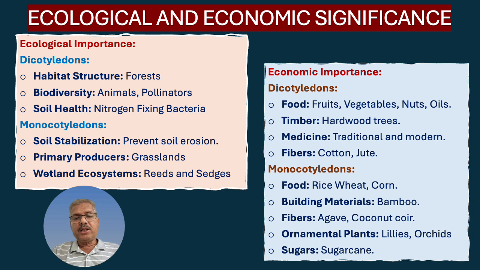Ornamental plants like lilies and orchids enhance the aesthetic value of the landscape. Sugarcane, a monocot, is a vital sugar producer. Thus, both dicots and monocots play an inseparable role in supporting the ecological and driving